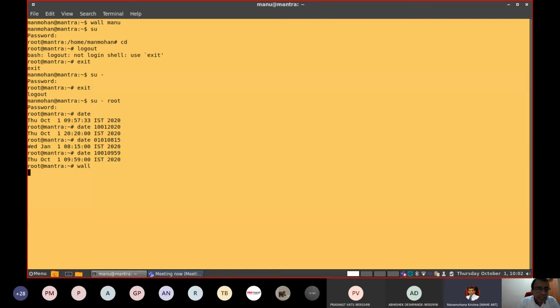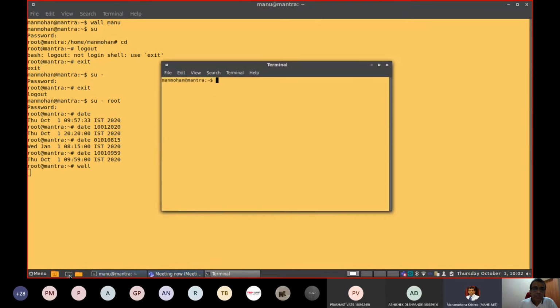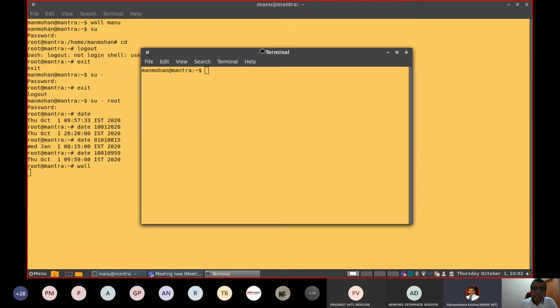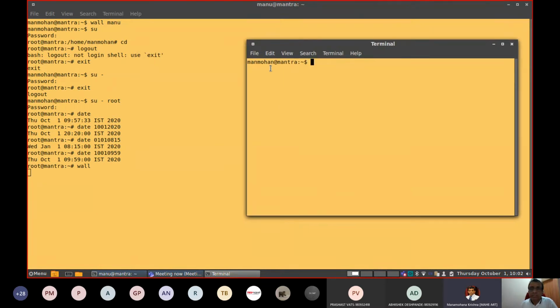So another command I can issue is, okay, let me try in this way. I will open one more terminal window. Now look at this second terminal window where I am with my normal user ID. The background screen is root user. I typed wall there. The wall command addresses all users simultaneously.